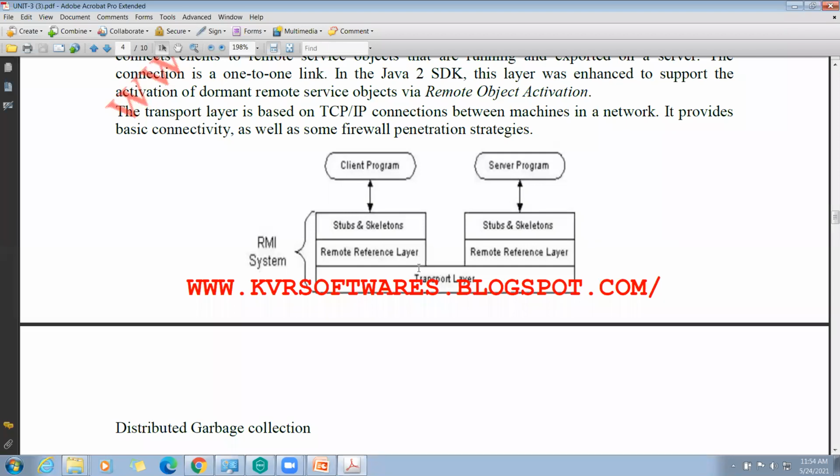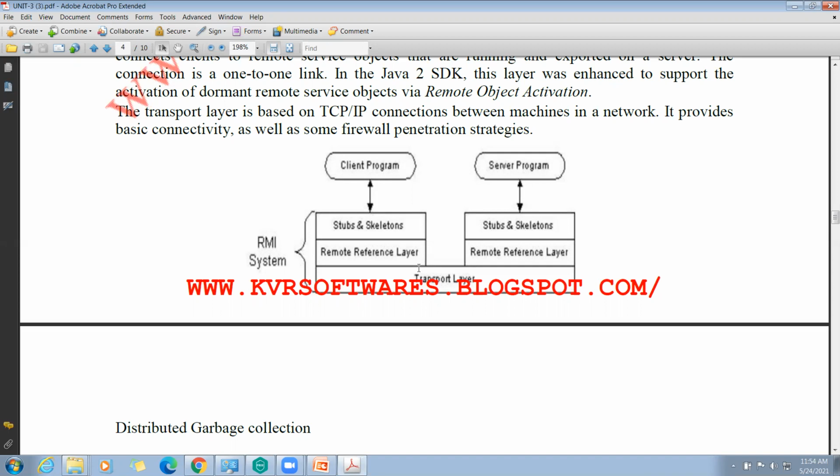Second point, have you noted? Provide the implementation of the remote interface. Next, third step, compile the implementation class and create the stub and skeleton.